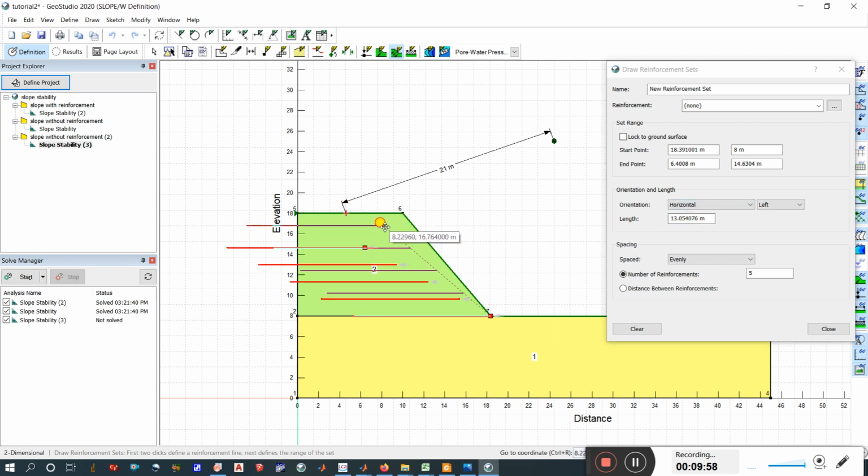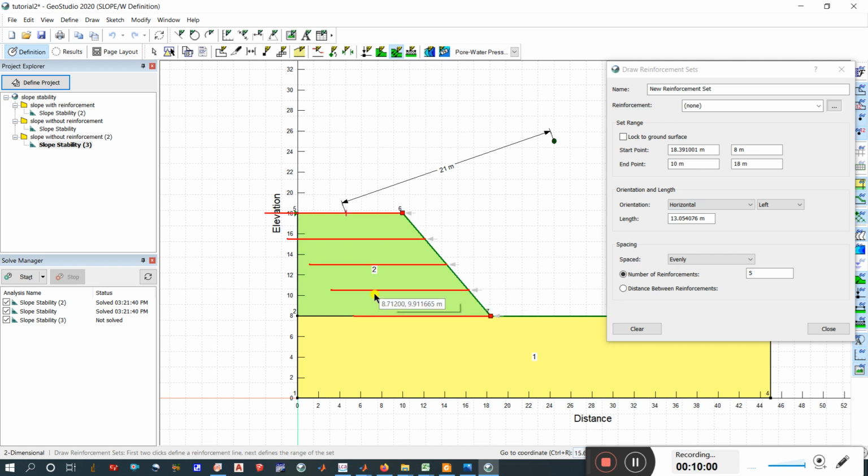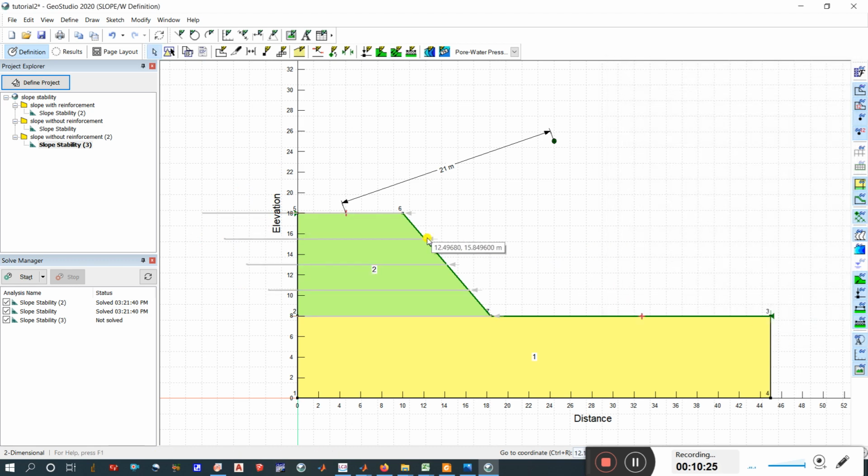Now it is selected, and you move it to the top, and now you can see your geosynthetic layers. I want to extend it up to this point of this artificial boundary. So I'll increase this length to 19, let's say. Now it is increased. There's extra reinforcement going over here, you don't have to worry about it. And now I'll close it.